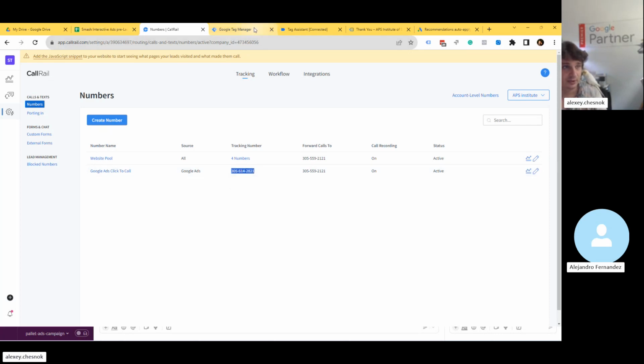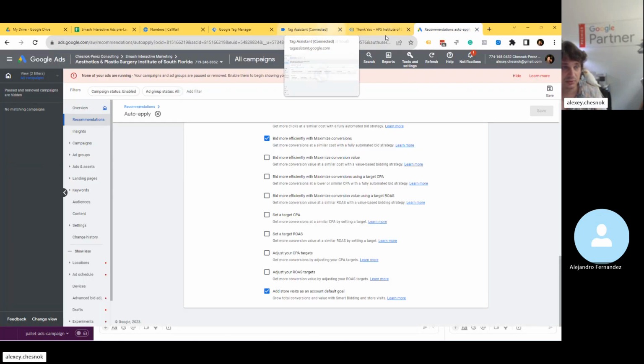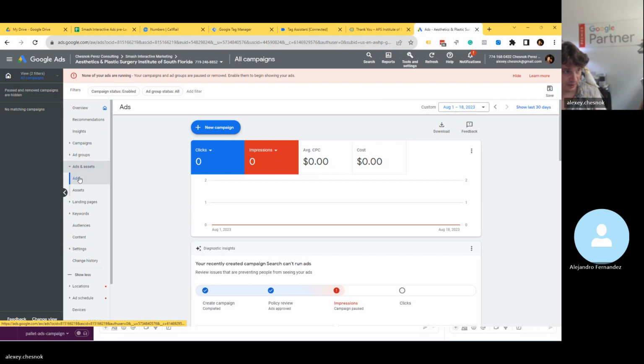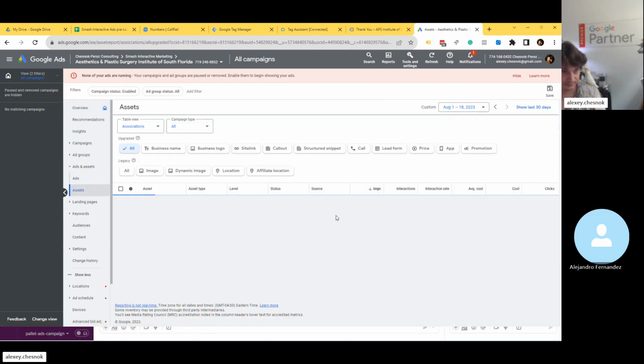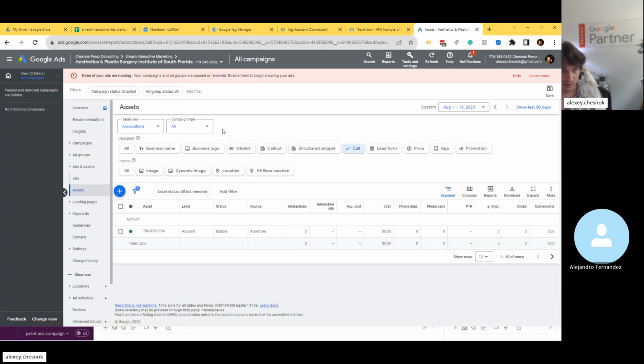We copy it and go to the other account, ads, assets, and then you go to call. Here you have some number, already pre-populated by the client, but typically with a new account you just press the plus button. But if there is something already there,